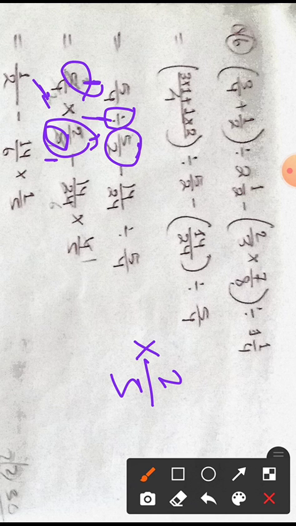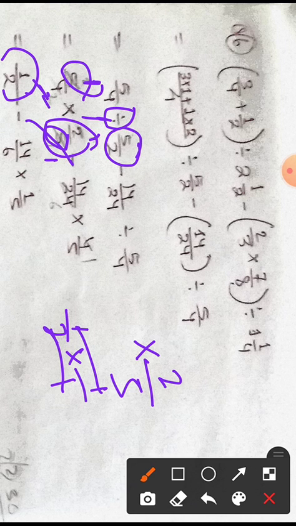So what is left? It is 1 by 2 into 1 by 1. If you multiply 1 into 1 and 2 into 1, then your answer will come 1 by 2. Okay. Now see, this minus sign also we have brought here, and now this divide sign we will change into multiply. As soon as you change divide sign into multiply, 4 goes up and 5 comes down.